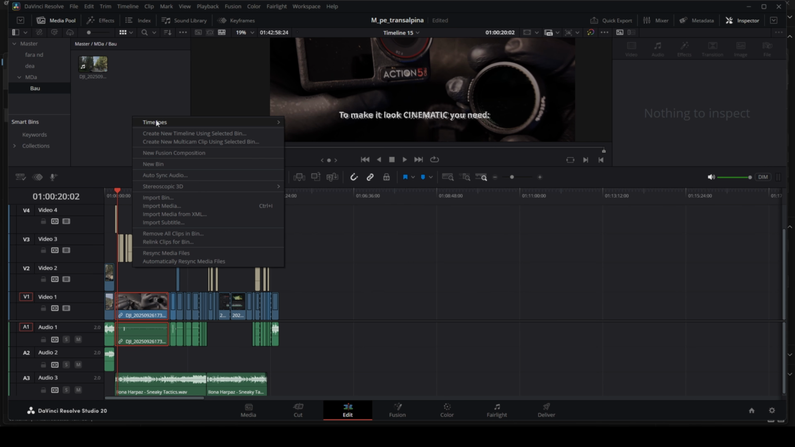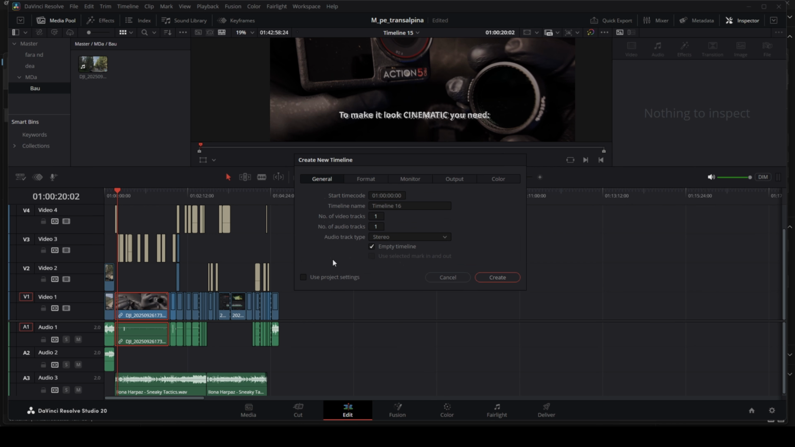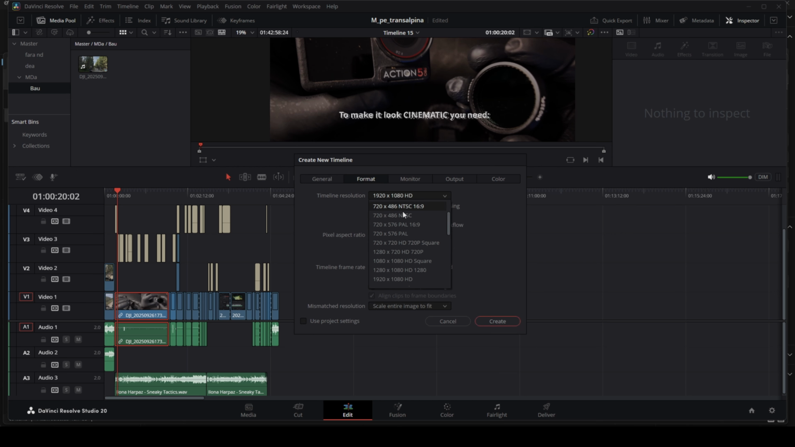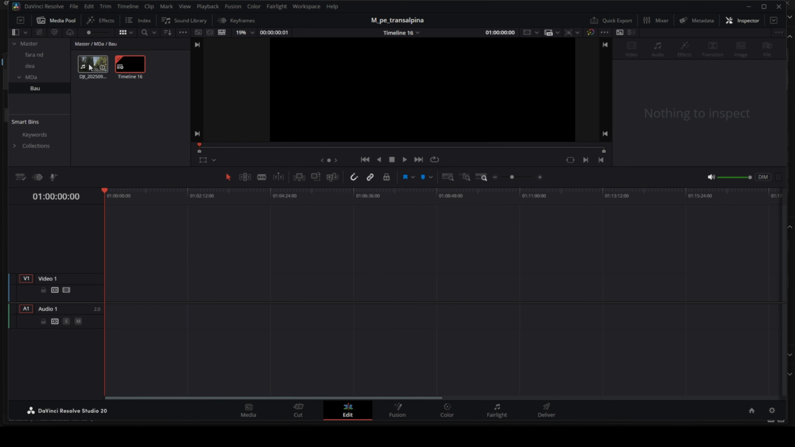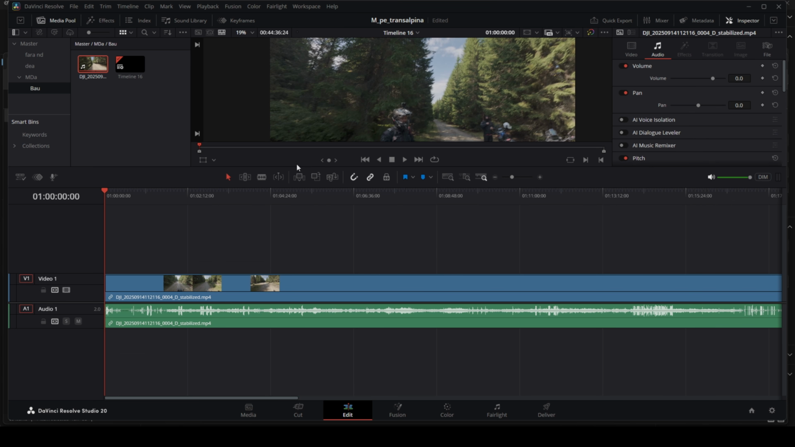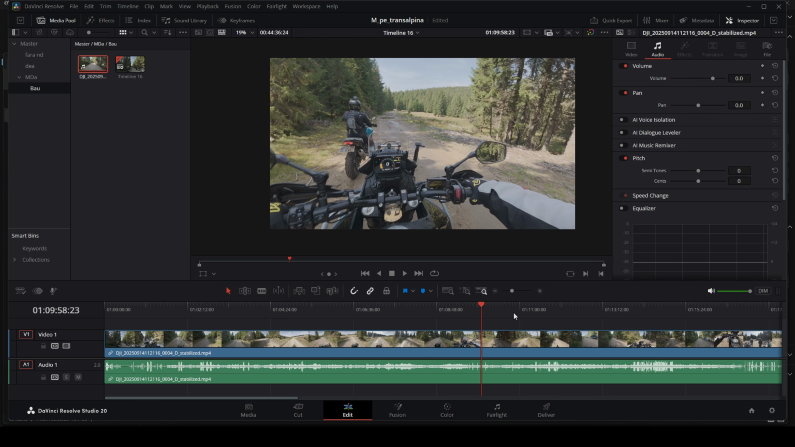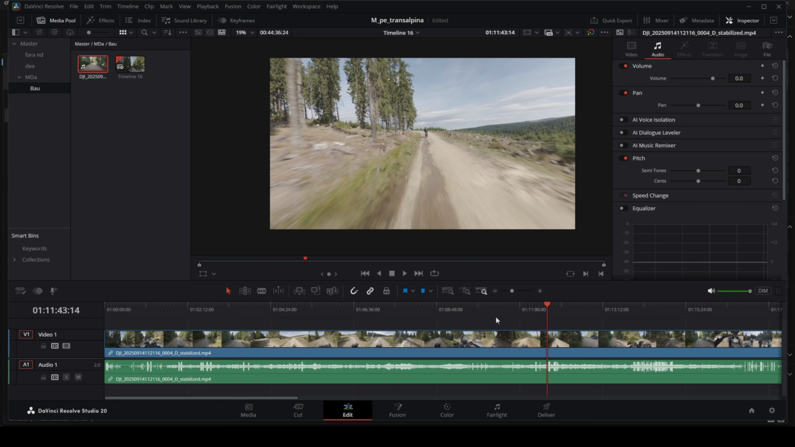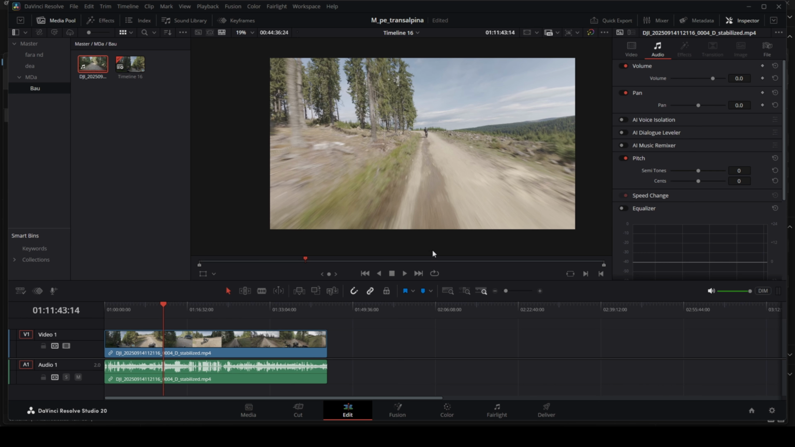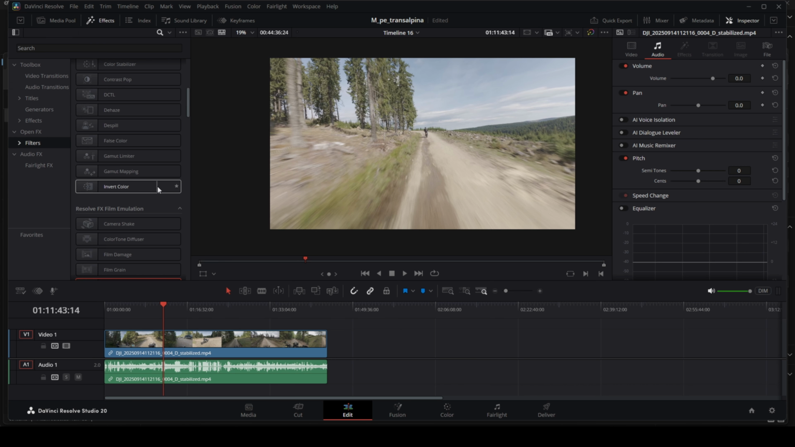create a new timeline. I use 4K, bang, 25 FPS because this is the settings of my camera. Create, drag and drop. Now you can see the file. Smooth, bang. If you want to add the film look effect, you need to go to effects, filters, film look